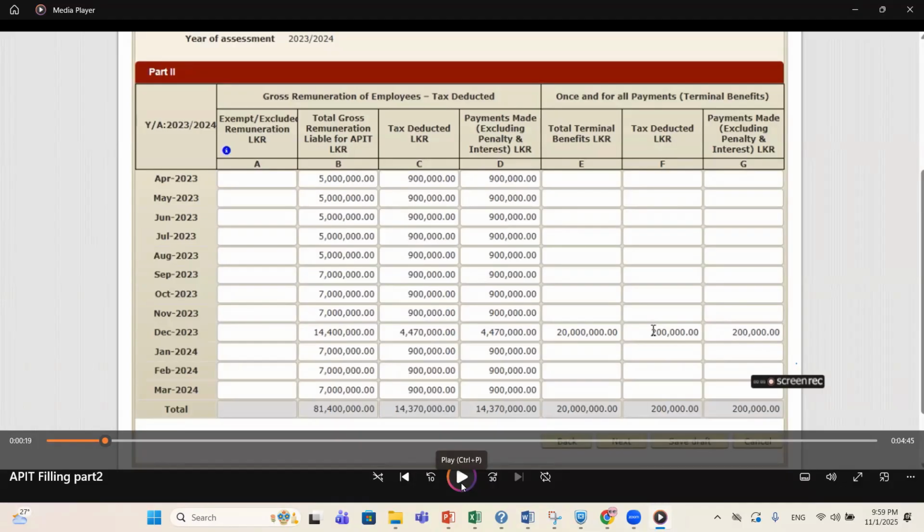So I have matched those figures here, and I even matched the once and for all payment with part one. Thereafter, we can move to the schedules, right?